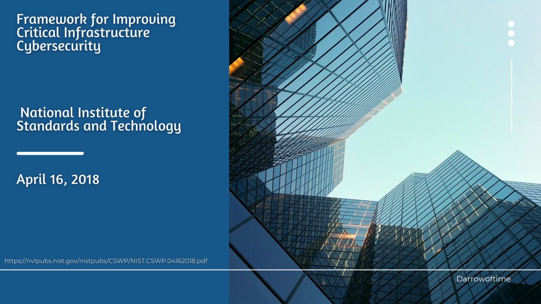1.2 Risk Management and the Cybersecurity Framework. Risk management is the ongoing process of identifying, assessing, and responding to risk. To manage risk, organizations should understand the likelihood that an event will occur and the potential resulting impacts. With this information, organizations can determine the acceptable level of risk for achieving their organizational objectives and can express this as their risk tolerance.